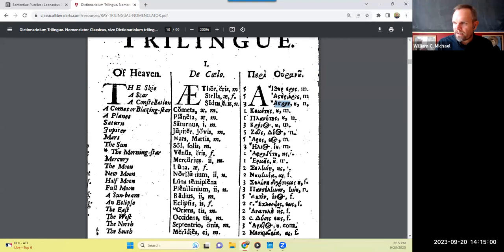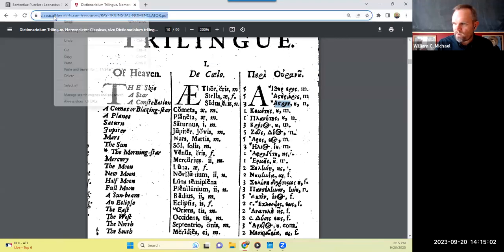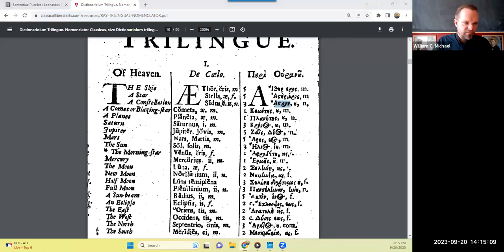Again, this is called Trilingual Nomenclator, and I can give you a link to this because it's on the CLA website, if you're really interested. That book is on the CLA website. So that's a good source, and there's stuff like that. And then there's also,